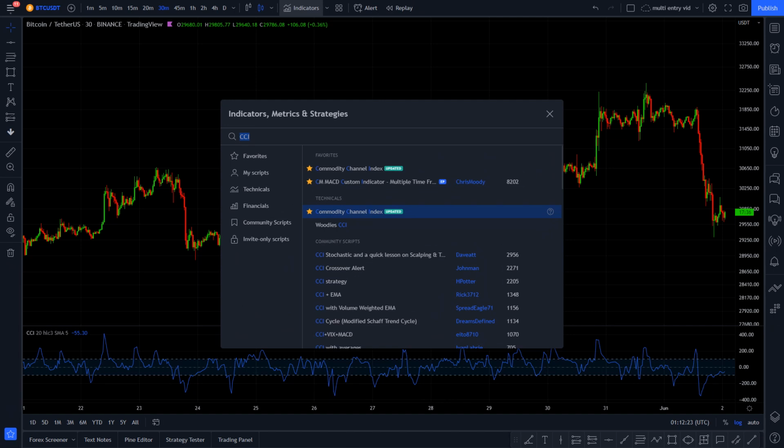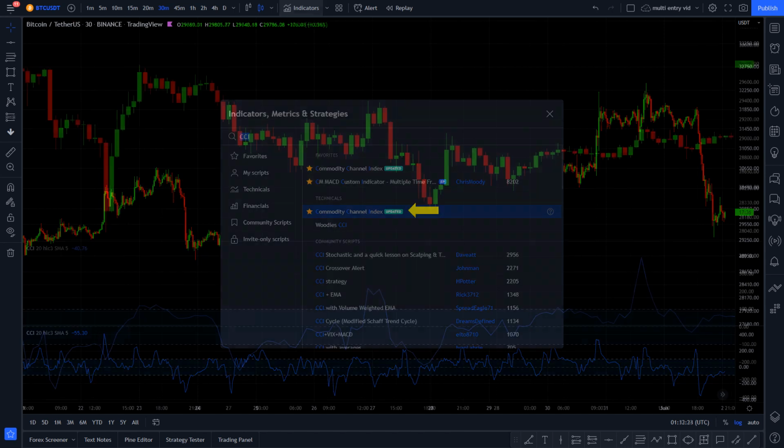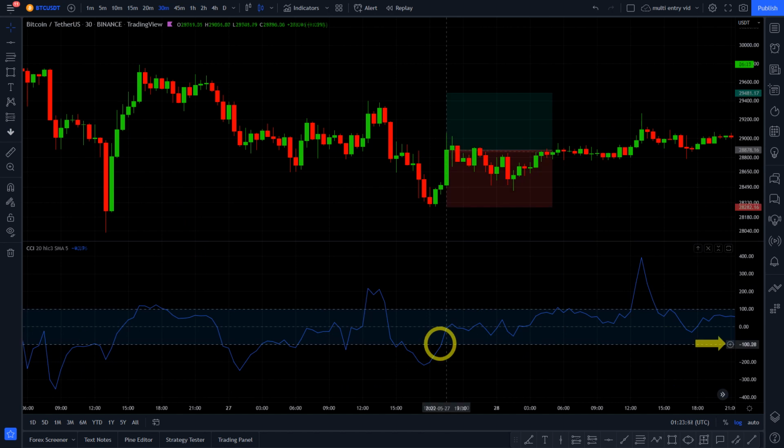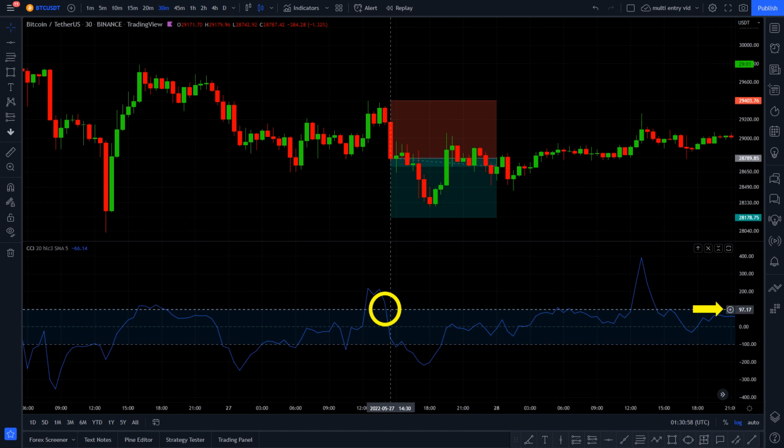The first new indicator is going to be the CCI, or Commodity Channel Index. To get this indicator, open up your Indicators tab and type in CCI. Once you add it to your chart, it should look something like this. The entry rules, as with all the upcoming indicators, are very simple. For a long entry, we need to see the CCI crossing above the -100 line from below. For a short entry, we want to see the opposite, so we need the CCI to cross below the 100